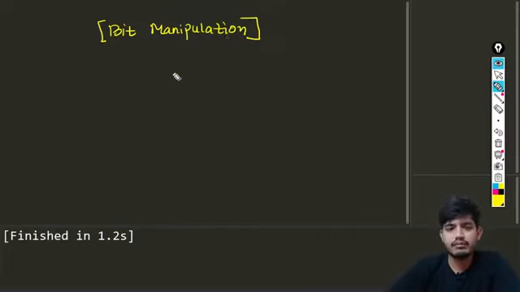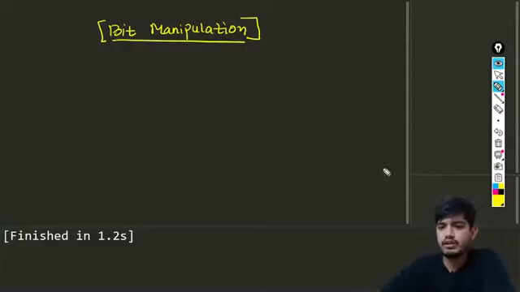First, we'll be talking about the different symbols that we are going to use in this class. I'm just going to give a brief introduction. I'll not go into depth because this class is not meant for that. We'll start with bit manipulation and see the power of it very soon.